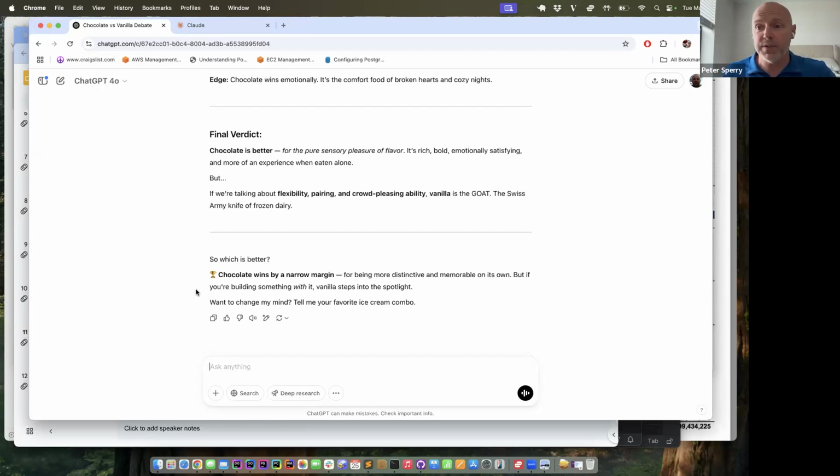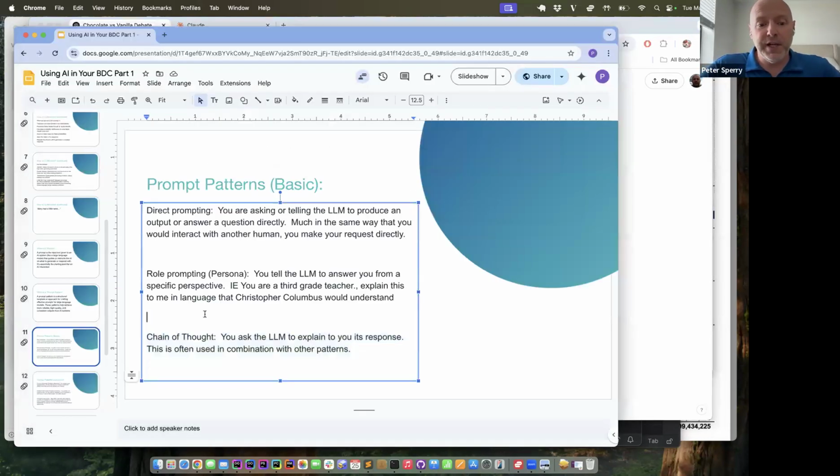Certainly, I know my kids have used variations of this in some of their homework assignments or research where they're effectively trying to step into the viewpoint of another, and you can have the LLM walk you through the nuances and some of the decision making. I would encourage those of you who are on my development team, this would be a great one to use for comparing different approaches to solving a development problem. So that's chain of thought.